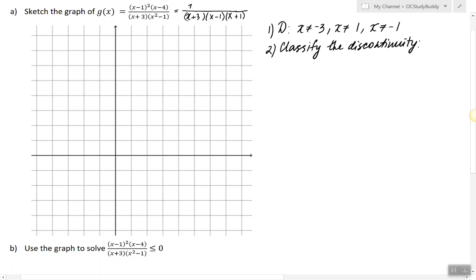So that means we want to factor the numerator as well and see if anything can be reduced. And we can see that x minus 1 is in both the numerator and the denominator. So when we reduce by x minus 1,